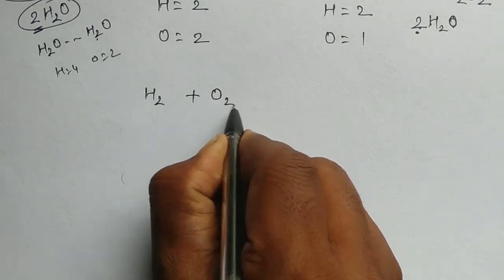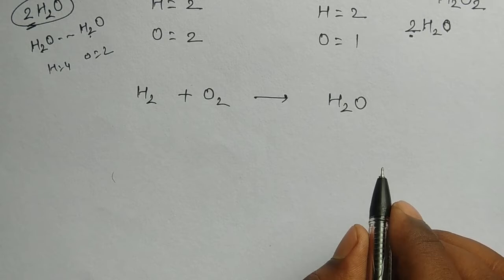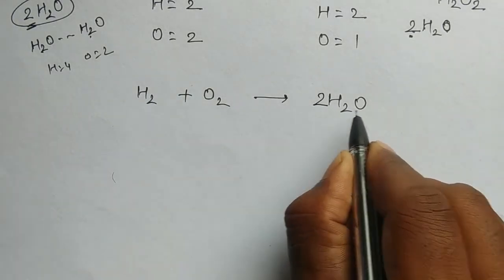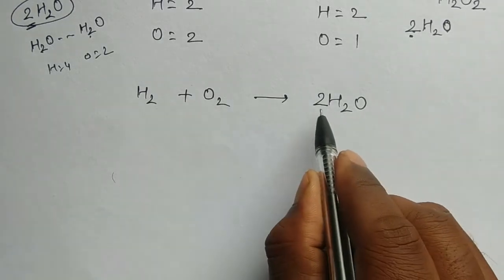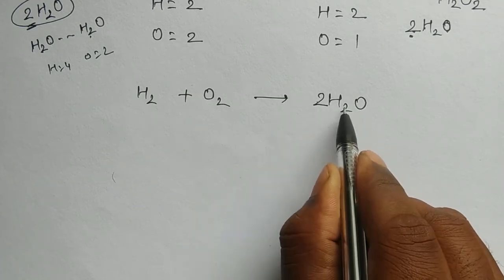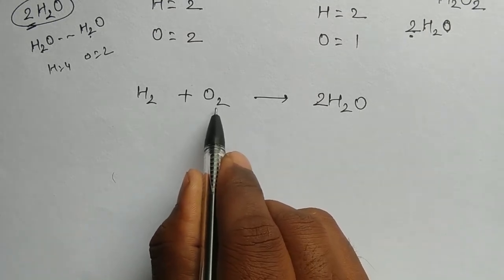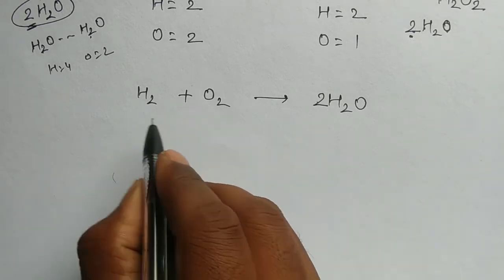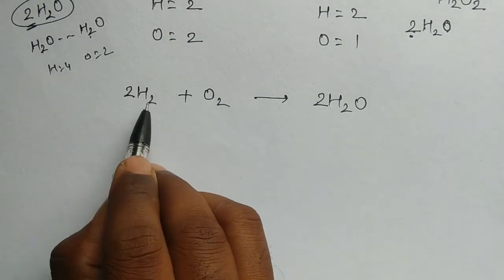H2 + O2 = H2O is written in our chemical equation. For balancing it, we have to increase the number of atoms for oxygen and hydrogen here. Look, this 2 is for hydrogen and also for oxygen. So we have 2 2 4 hydrogen and 2 oxygen. Here also we have 2 oxygen, but here we have only 2 atoms of hydrogen, and that is why we have to increase again the number of atoms for hydrogen. Now it is 2 2 4.